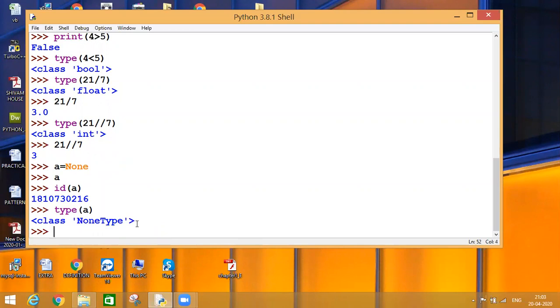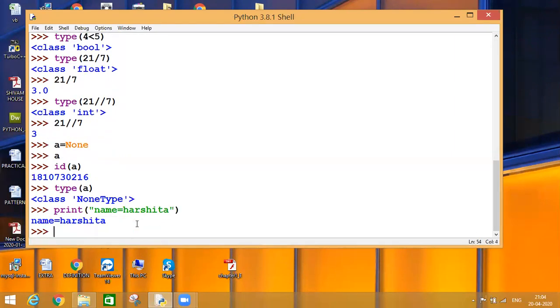Now we are going to talk about certain escape sequences. So what are escape sequences basically? If I ask you to print your name, roll number, class, how can you write it? Like print name is equal to, I can say Harshita. So it will be printed in this way.